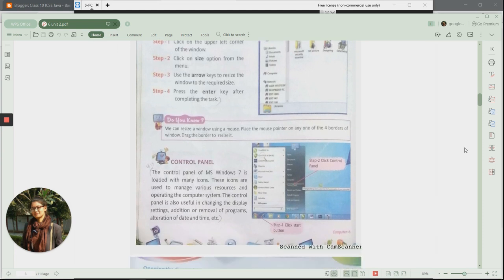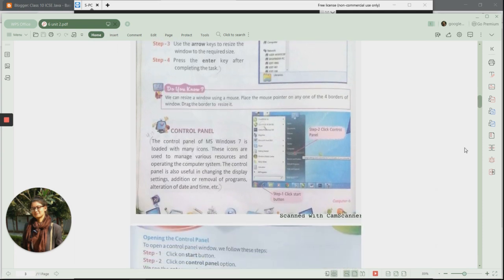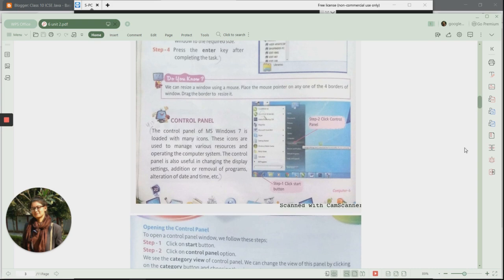See students, the control panel is a very important place. It is a place where we have many icons or many settings regarding everything, regarding your location, regarding the mouse, all these things we have in the control panel. So the control panel of Windows 7 is loaded with many icons.